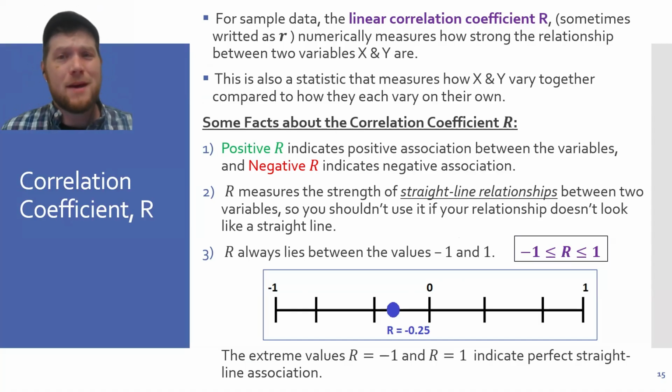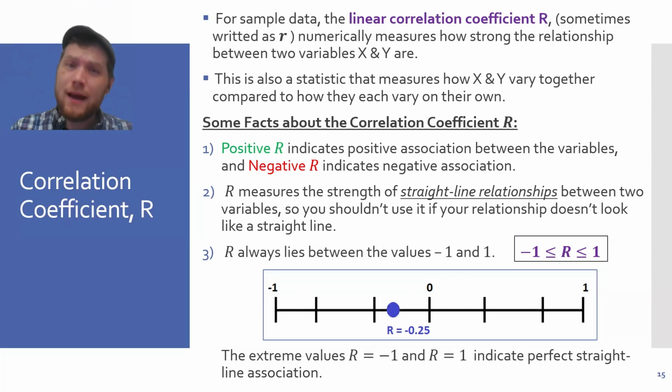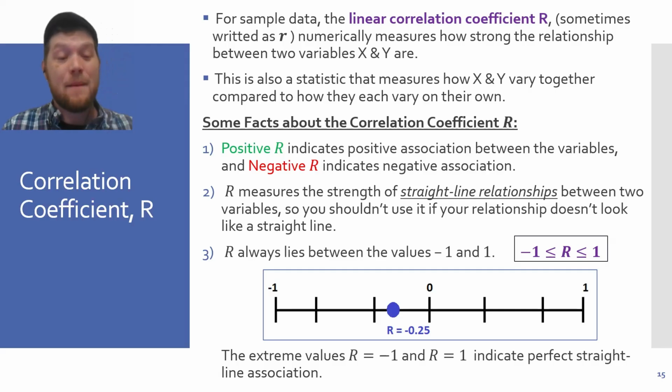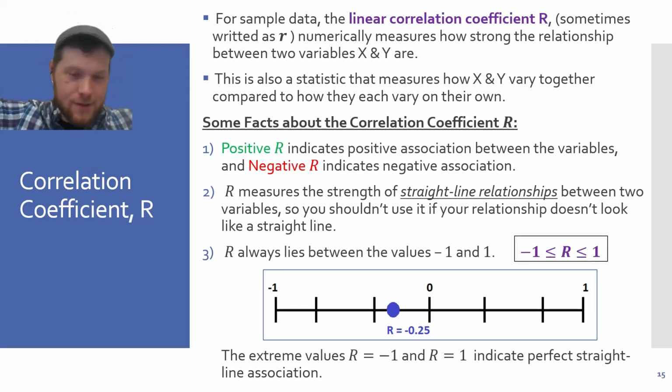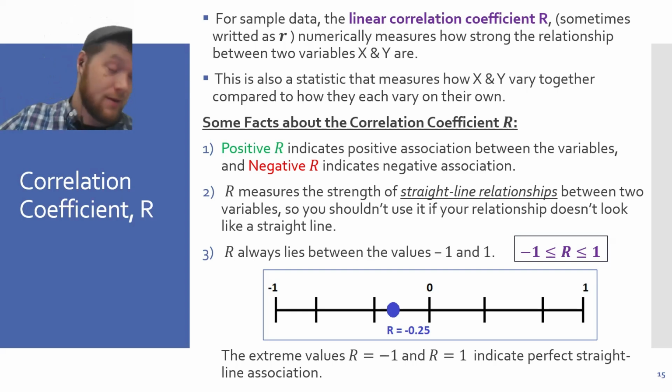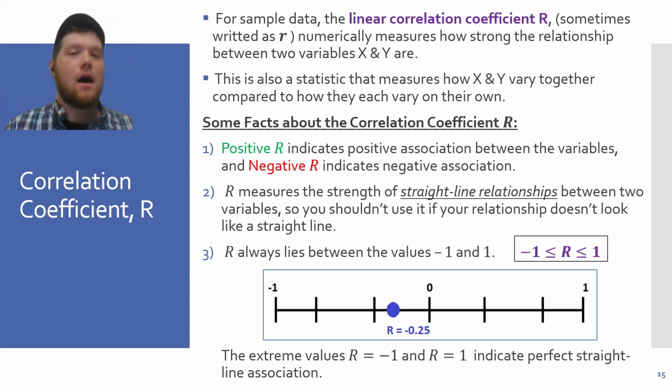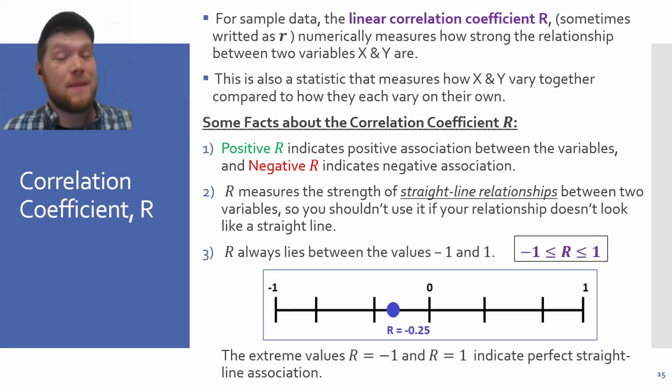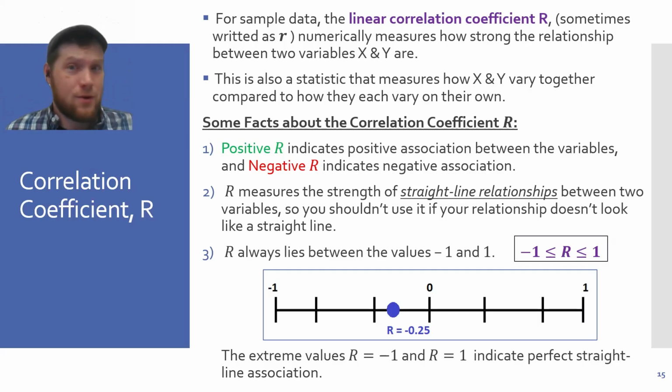The statistic also measures how x and y will vary together compared to how they vary on their own each. So what I'm basically saying is how x varies whenever y changes, that has its own measure. And so if we take that amount of x varies, y varies a certain way, and then standardize it to how much x varies just in its own right and y varies in its own right, the correlation coefficient numerically measures that. Some facts about the correlation coefficient are a positive R indicates a positive association between variables,